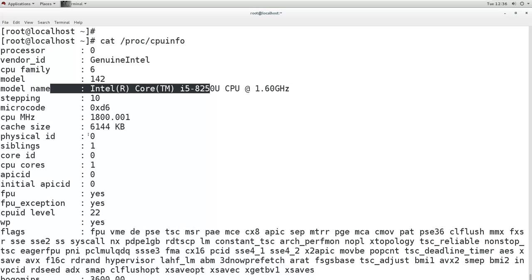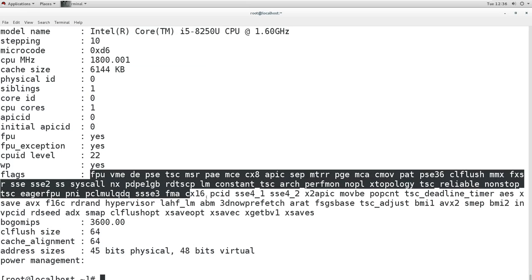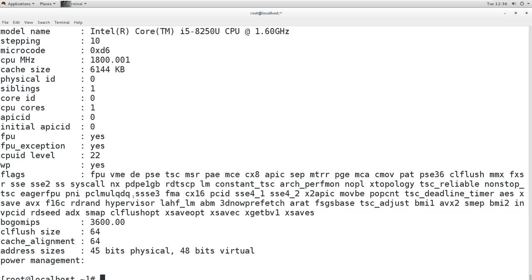It is showing all the physical information here. And it also shows what technology it supports. These are the flags. These flags reflect which technologies our CPU supports.